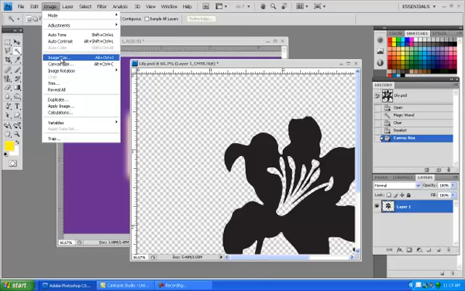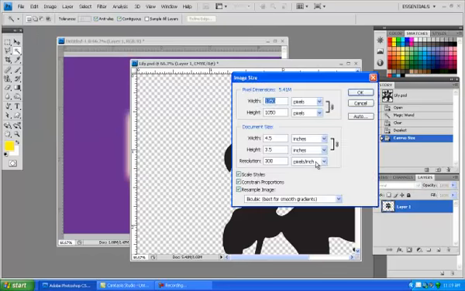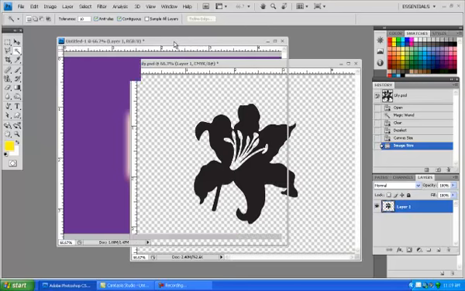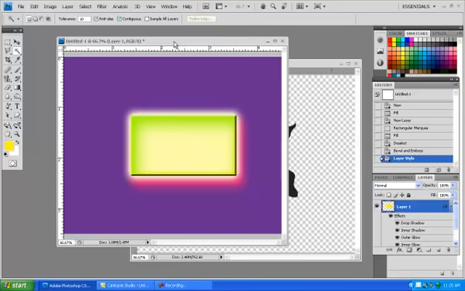Then I'm going to go in here, Image, and we're going to go to Image Size. Canvas creates this background it's on. Image size, we have to look at the resolution. Resolution here is 300. Remember, this canvas is 200, so let's change that. Now, remember, these two have to be exactly the same size. Okay, now I'm going to go back to the original canvas,